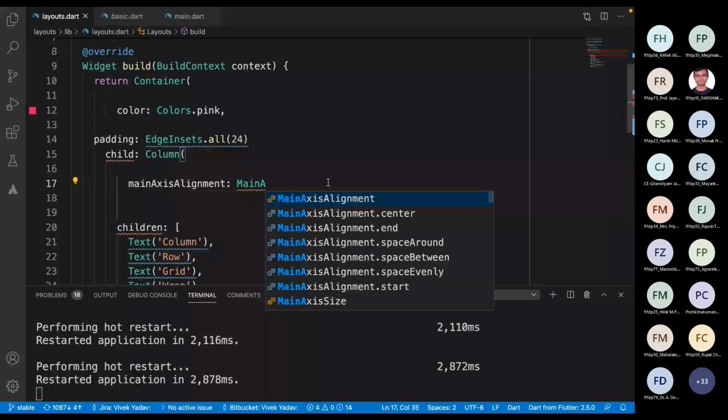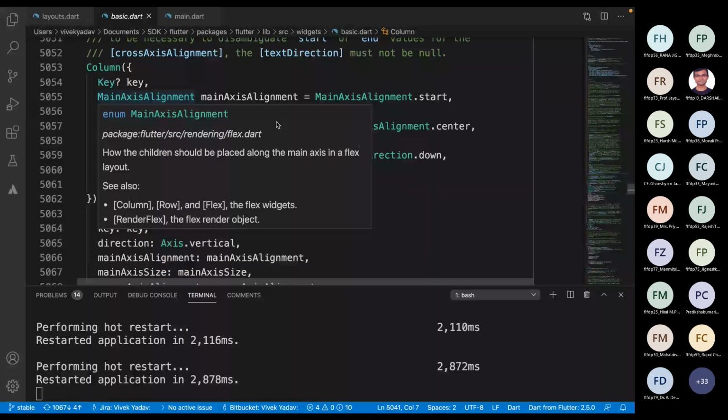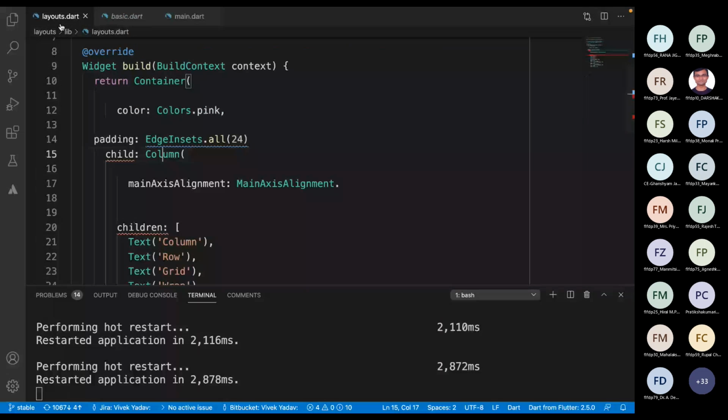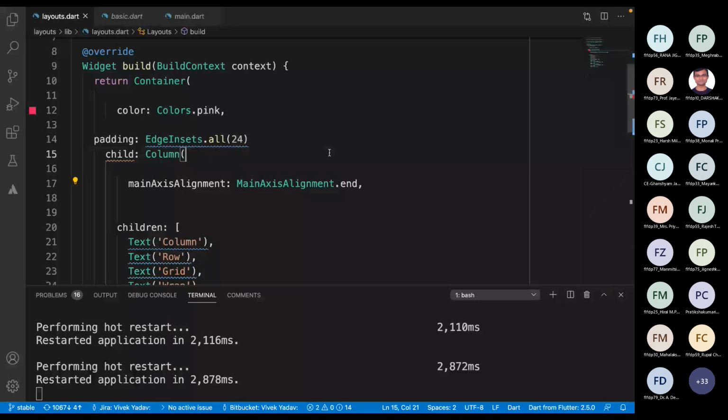What is main axis alignment? First, let's see what is the default value of main axis alignment. If we go inside and see, the default value of main axis alignment is start. Okay, and if I make it something else, like end, and if I restart it,